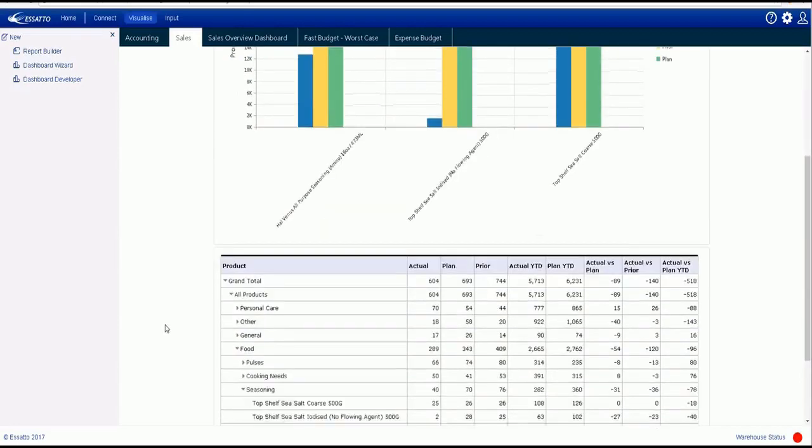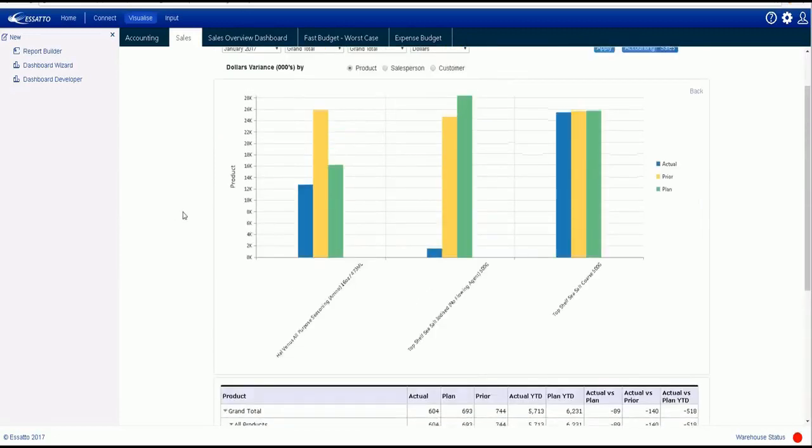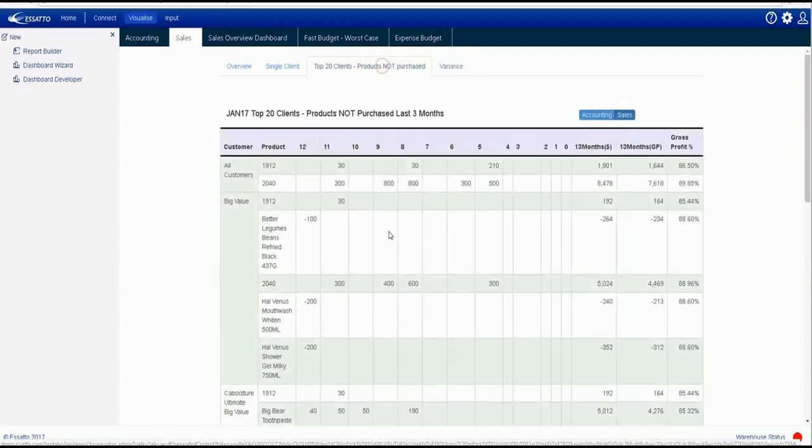While I've been drilling, this table has been interactively drilling at the same time, but in addition it provides year-to-date information and associated variances. If you don't want to drill down to find your variances, Essatto also allows you to use exception reporting. So in this example, the exception report will return where I've got particular tolerances that have been exceeded. So I can see my top 20 clients, the products they've not purchased in the last 3 months, but